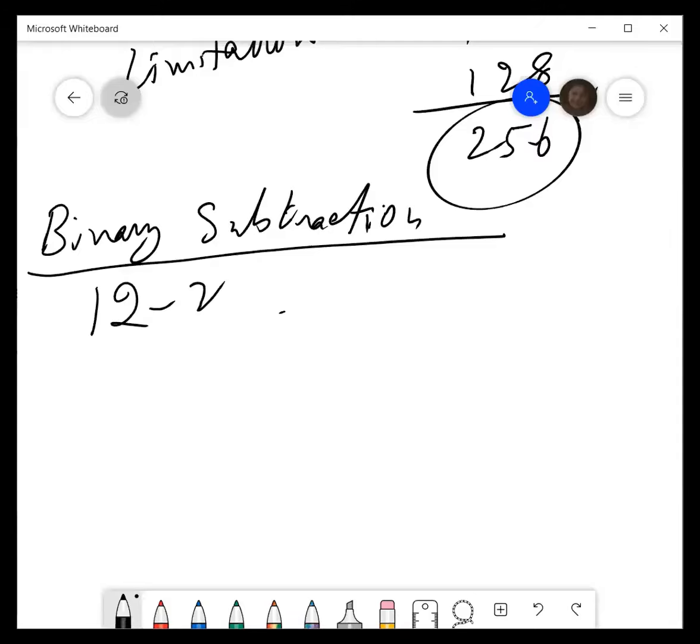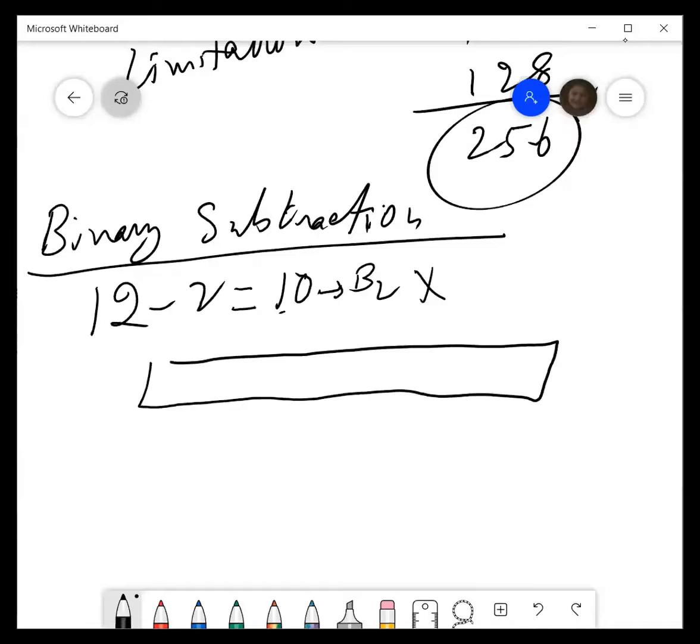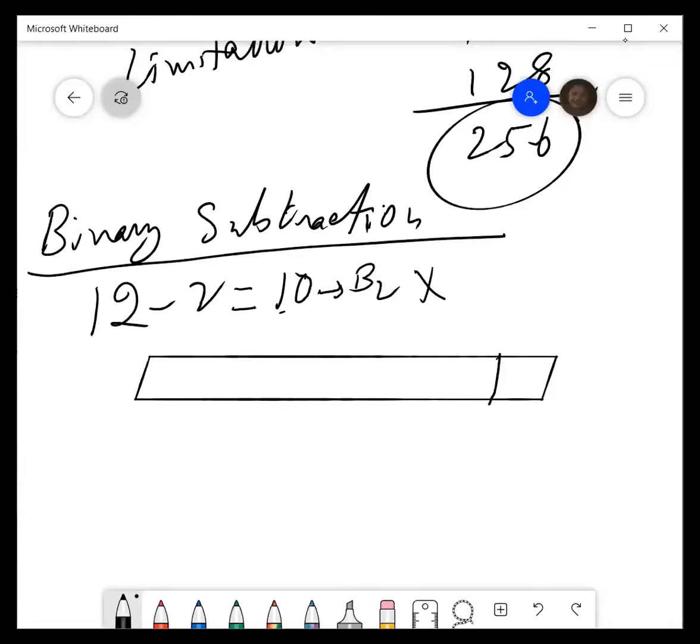Now, subtraction, sir? If I want 12 minus 2, is equal to 10, and should we represent 10 in binary? No, this is not the way. You have to do the same as I did in addition. First you show 12